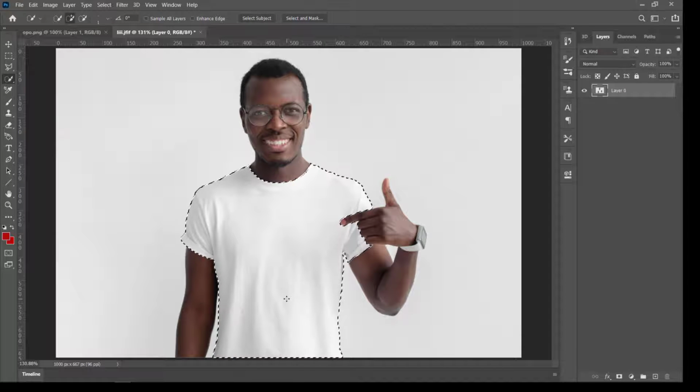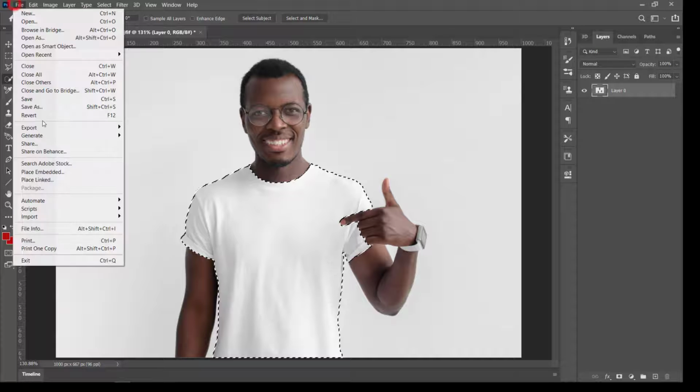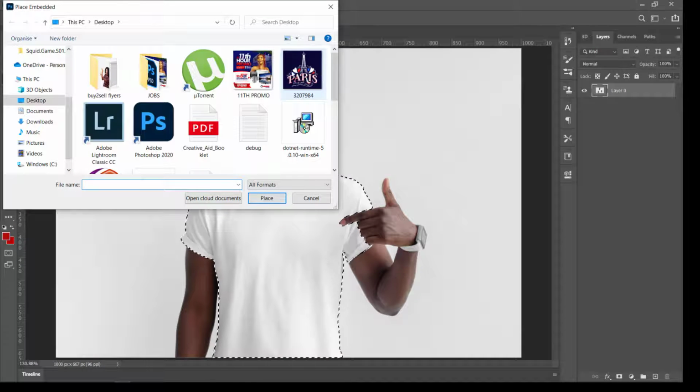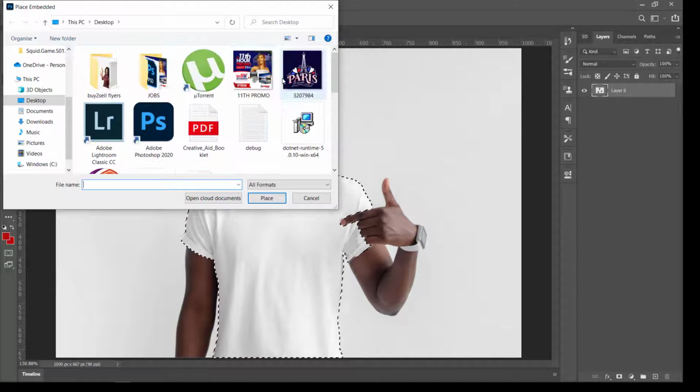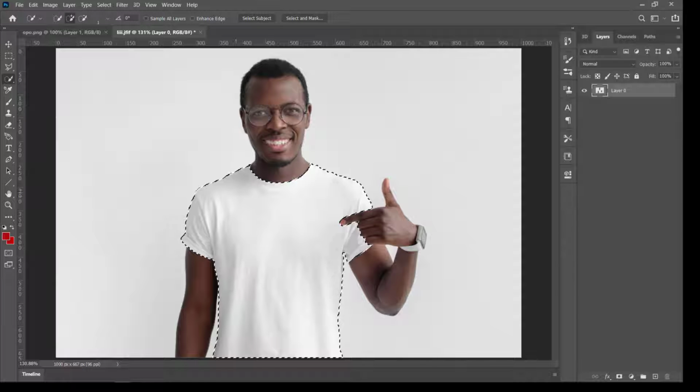The next thing you want to do now is get straight to the background you want to use. Go to File, Place Embedded, and this is the image. I got it from either Pixabay or freepik.com. You can get any image you want. We could use this for the design. So let's work with the one we have now. What you want to do next is this, after you've gone around